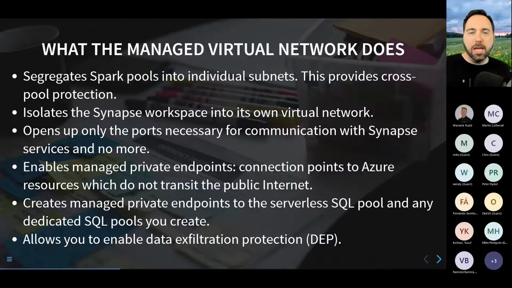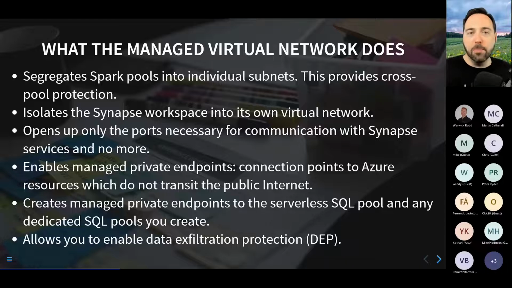If I do not use a managed private endpoint, there is a possibility that my Synapse Analytics workspace can, in the process of connecting over to Azure SQL DB, go over the public internet. Well, if data transits over the public internet to and fro, potentially somebody could be listening to that information being exchanged. All of that data is encrypted in transit using TLS, but if you don't want that public internet exchange,